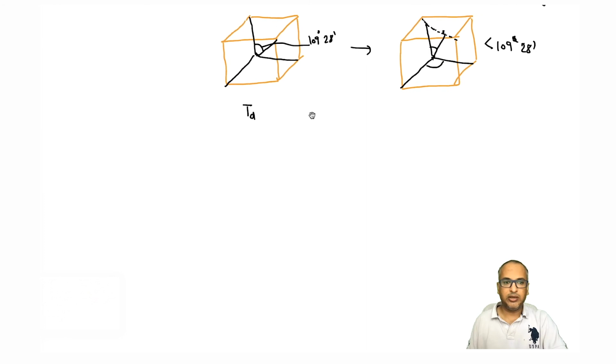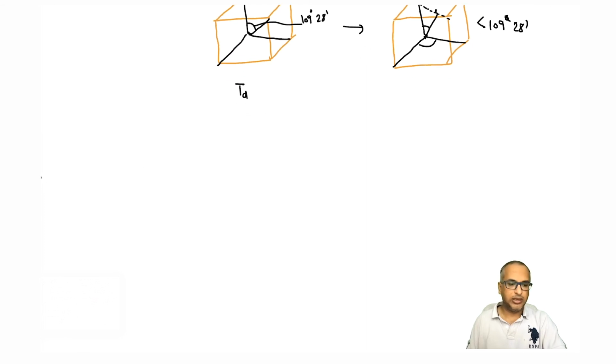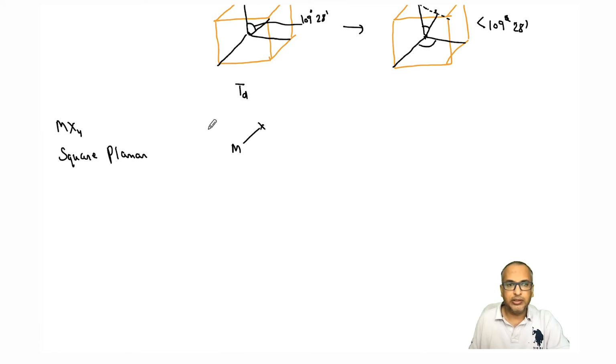All right. So let's take more examples like this. This one is simple. You have MX4. Originally, the geometry is square planar. So that would mean a D4H point group, right? So you have M, X. It's like PtCl4. So you have D4H. Again, we are not going to discuss.